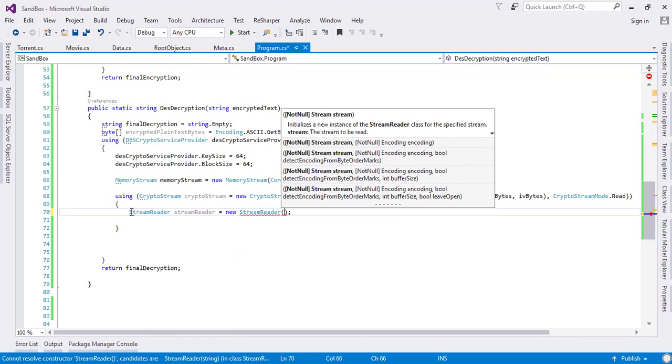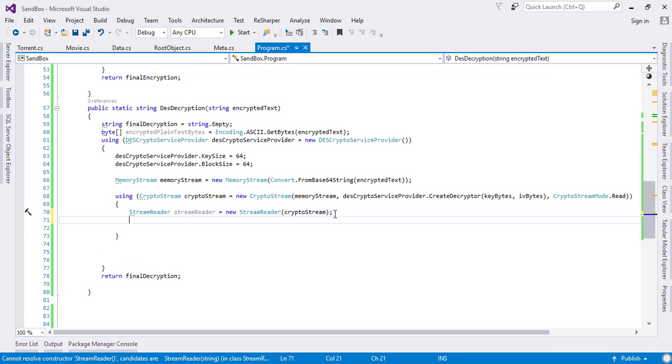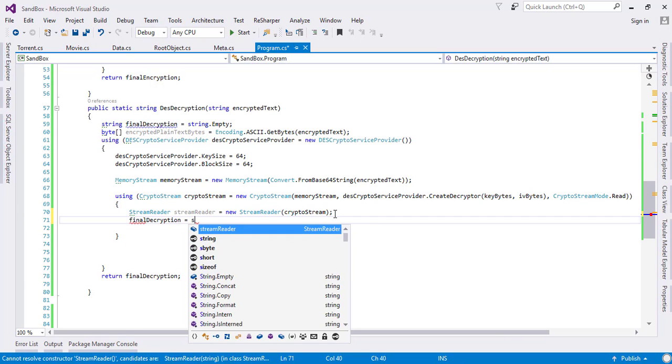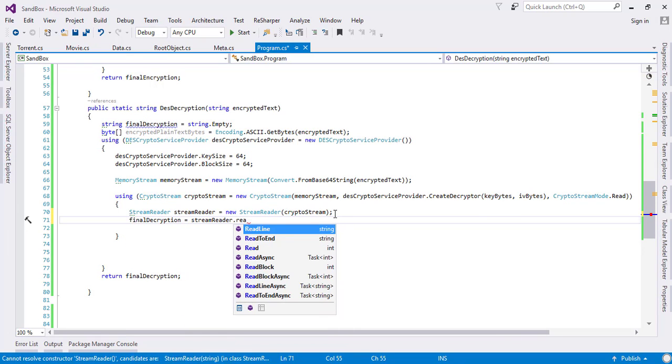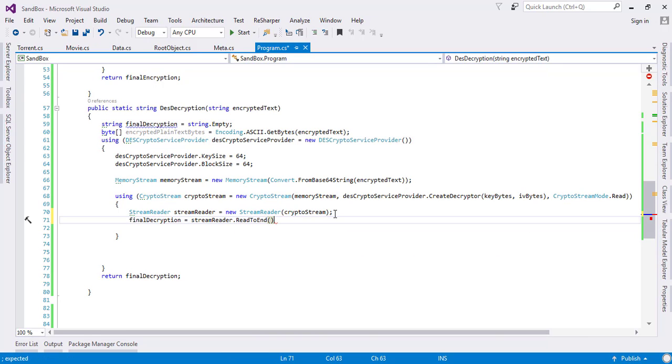In this StreamReader I will provide the CryptoStream object here, and finally I will just write StreamReader.ReadToEnd, which will read the whole stream for me, and it will store it in the final decryption string object. Okay,